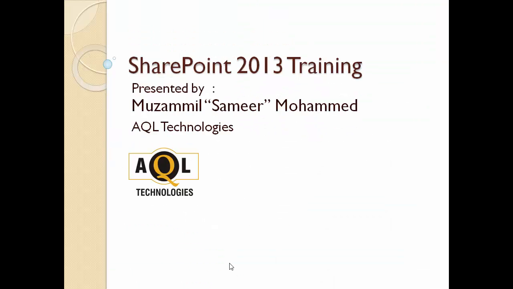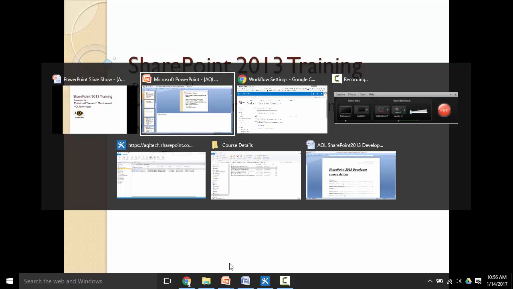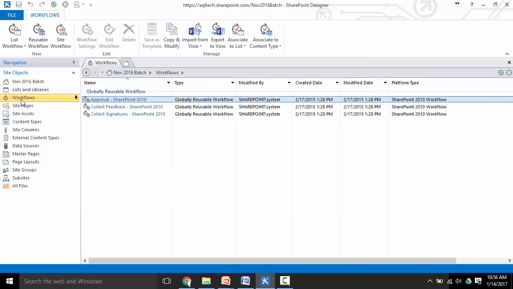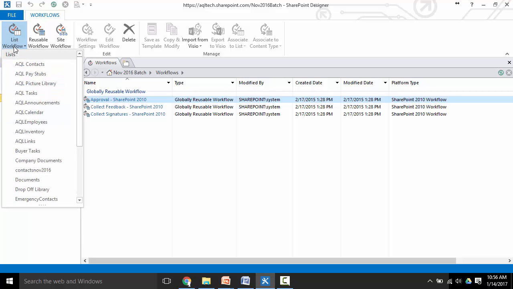Okay, so we're gonna be doing workflows for the most part today, and these are going to be custom SharePoint Designer workflows. Okay, so let's go back and then start just messing around with SharePoint Designer, and let's really just jump right into the workflows. So I click on workflows, and then I click on list workflow, and then I go to